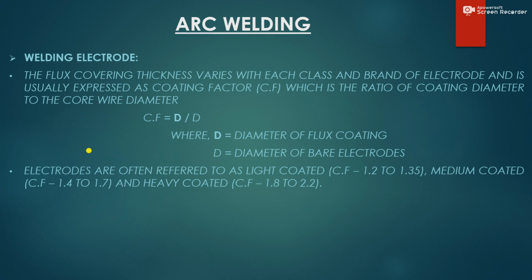Okay, હવે normally electrodes જે છે, બરોબર, અને જો light coated હોય તો basically they are specified as light coated, medium coated, and heavy coated, in which for light coated electrodes the coating factor is 1.2 to 1.35. For medium coated it is 1.4 to 1.7, and for the heavy coated electrodes the coating factor will be 1.8 up to 2.2. Okay,